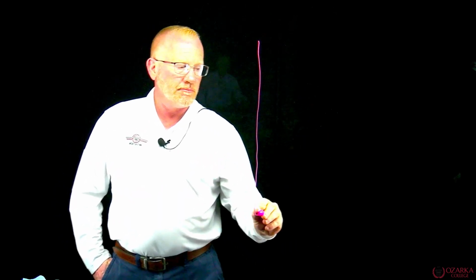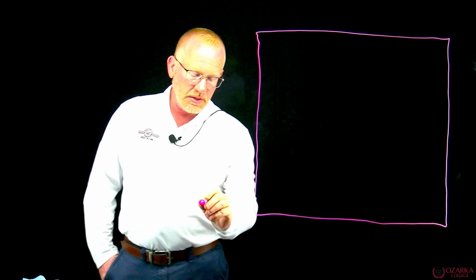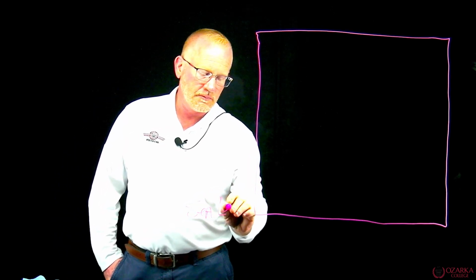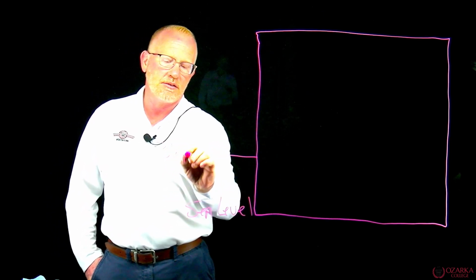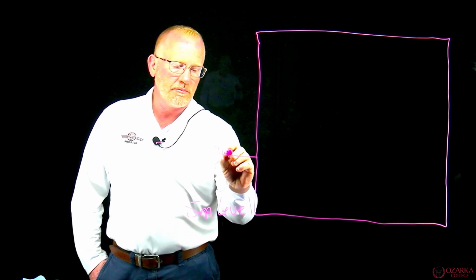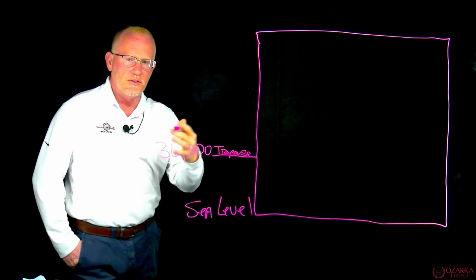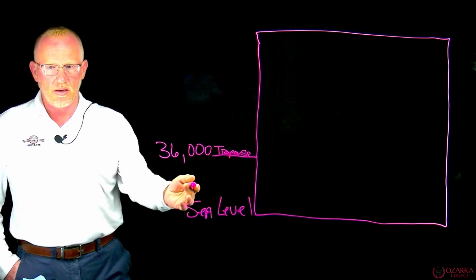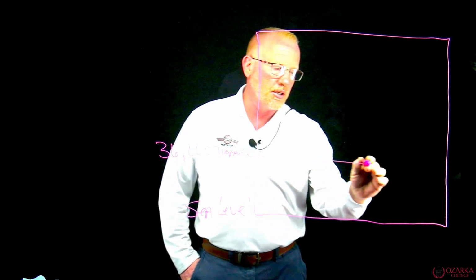I want to go over this again. Okay. So if we have our atmosphere here, down here we have sea level. And let's say up here we have 36,000 feet. Okay? We know that this is the tropopause. Right? We have sea level up to 36,000 feet. This is the tropopause. So let's just draw our line across here.